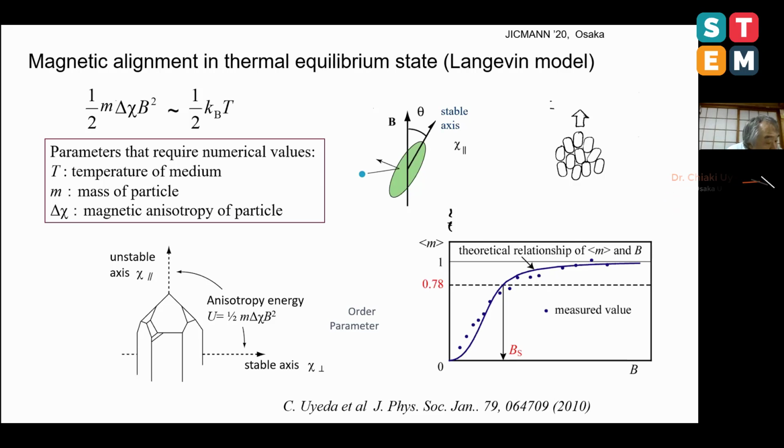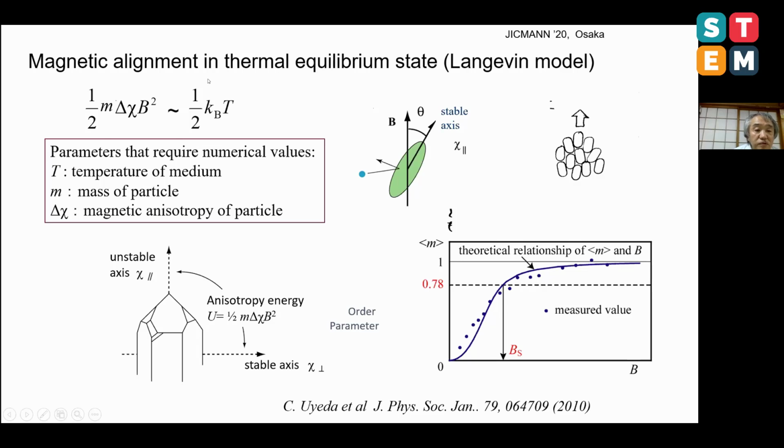And we know that attempts have been made to produce functional materials by aligning the microcrystals in one direction, like this. And according to the classical Langevin model, the alignment occurs when the field-induced anisotropy energy is larger than